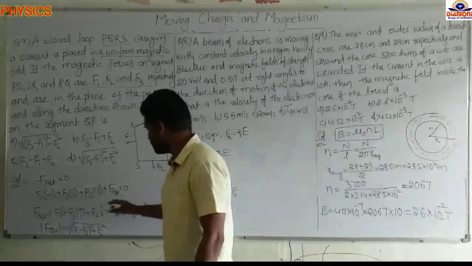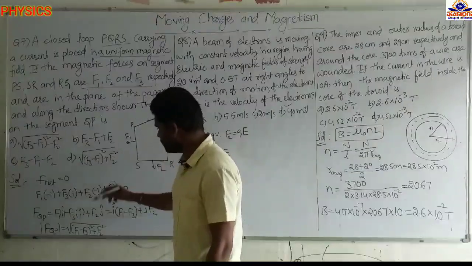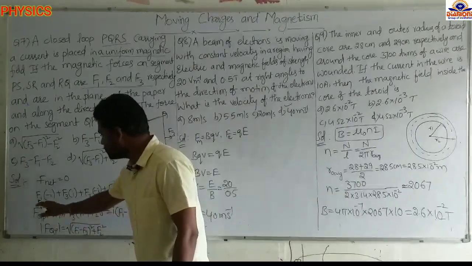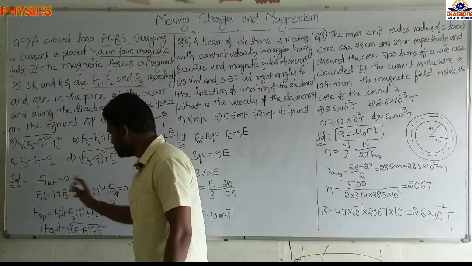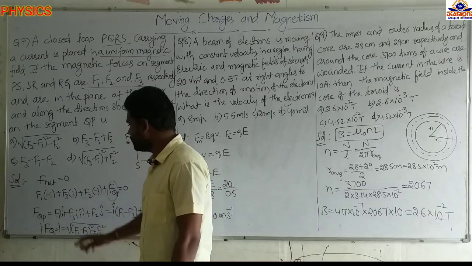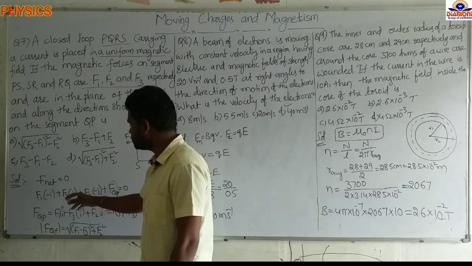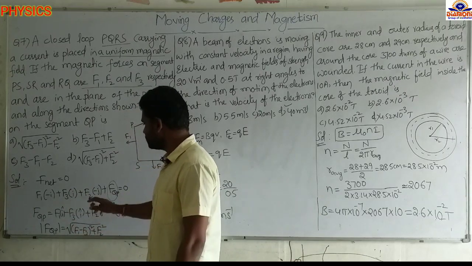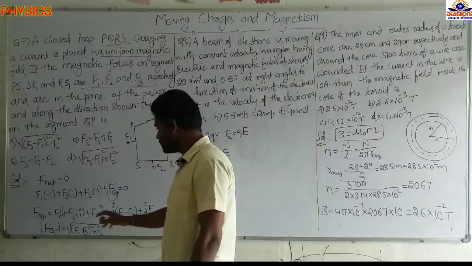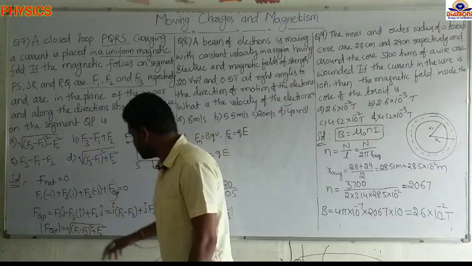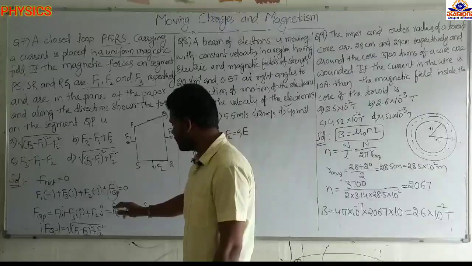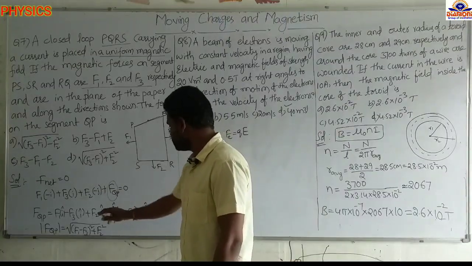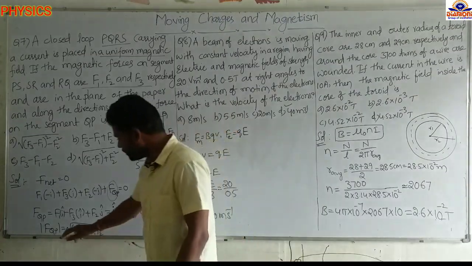So I have written here. Okay, we need this one, F_QP. So F_QP equal to, this one is minus F1 i, sending this side it becomes plus F1 i, and this is plus F3 i, sending this side, minus F3 i, and this is minus F2 j, sending this side, plus F2 j. So taking the i component common, I take i cap, F1 minus F3, plus F2 j cap. Now find the magnitude of this force.